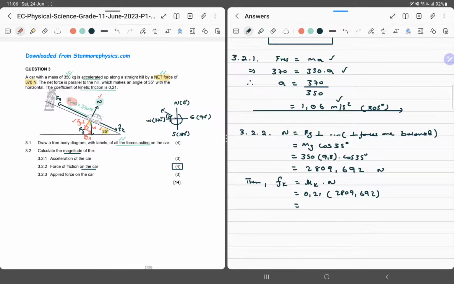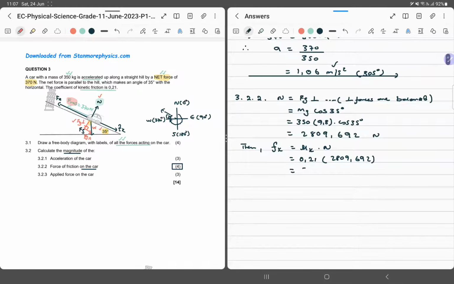Let's see. So 0,21 into 2809,692 gives us 590,04 newtons. Now we can round off to 2 decimal places. But now, in what direction is the frictional force? Remember, it's the same story. It's going like that